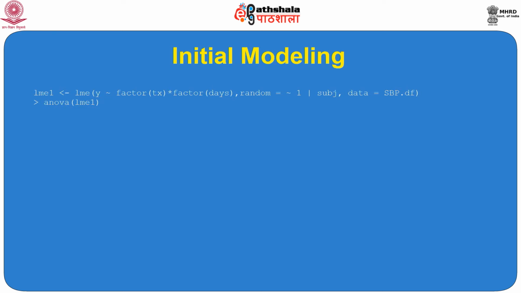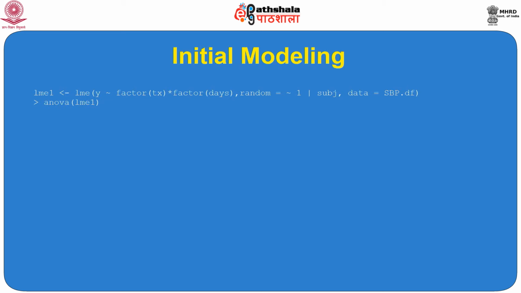These two factors have been considered as fixed effects, whereas the random effect is the subjective variation. Individuals had different treatment variation on their own, so subjects are considered as a random effect. That is the meaning of these functions, and after that